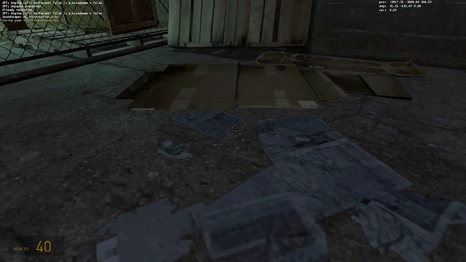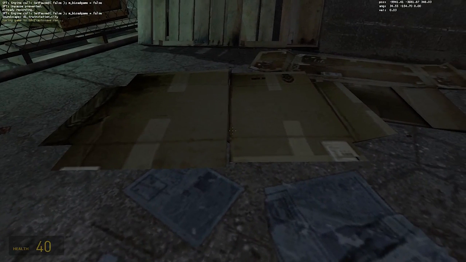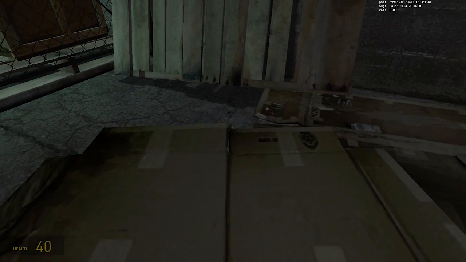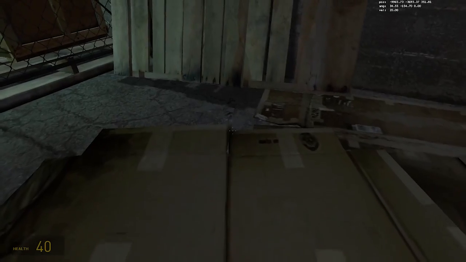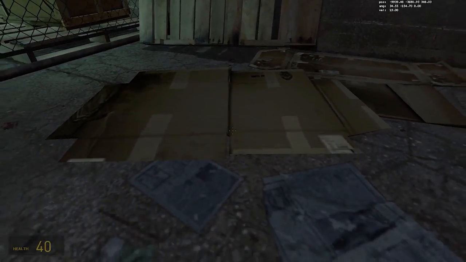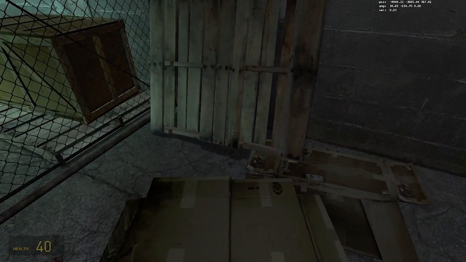whatever. But fun fact, these pieces of cardboard actually have some elevation to them. So if you look at the 348 value in the top right corner, which is my y-axis, if I go over these, this will raise to 351. So these do have edges, and that's how Rama edge bugged off of the corner of these. Now,